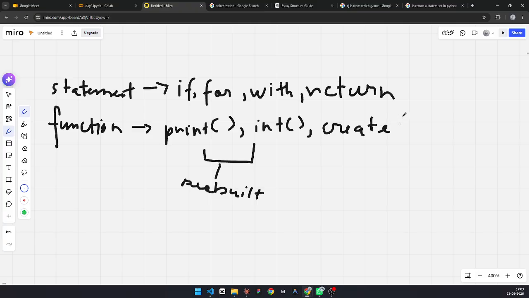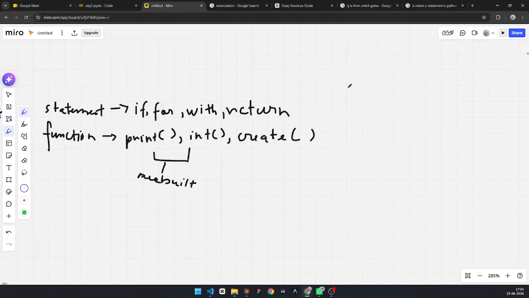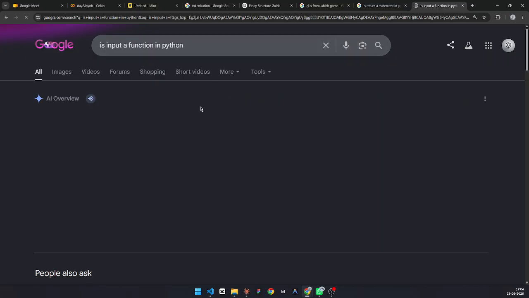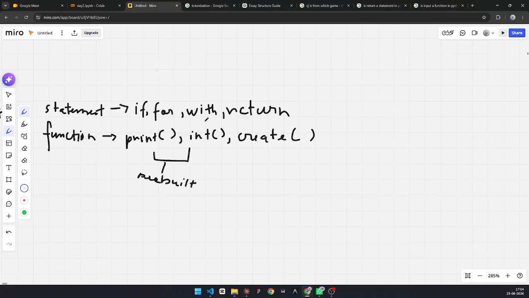I'm just saying for example. I'll be showing you how to create functions, but these are the pre-built functions which are already provided by Python. Input is a function, I guess, because is input a function? Yes, input is a built-in function in Python, pre-built. Also, wait, let me just erase it.